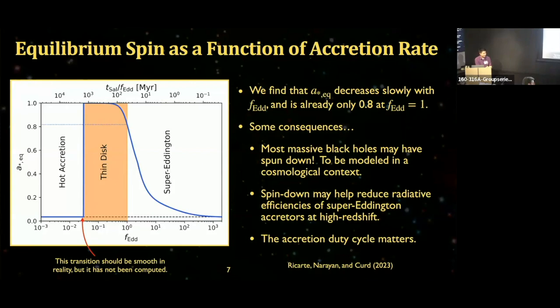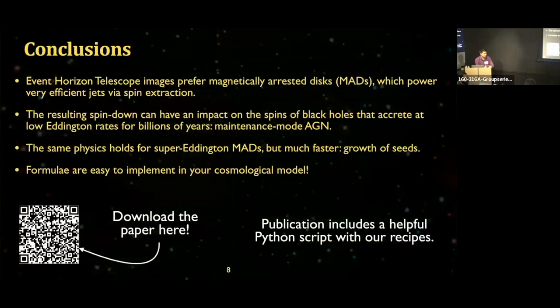Any other questions? I guess the assumption here is that everything is MAD, or at least even the radiatively efficient thin disk. But quasars are about, what is it, 20%, depending on the luminosity, a fraction of them are radio loud. So is there some other reason they wouldn't be having strong jets, or do you think that this just applies to the radio loud regime?